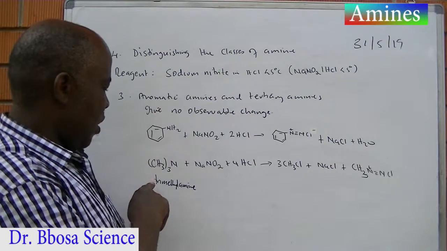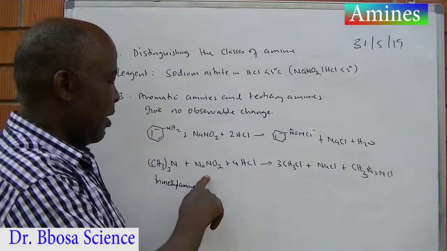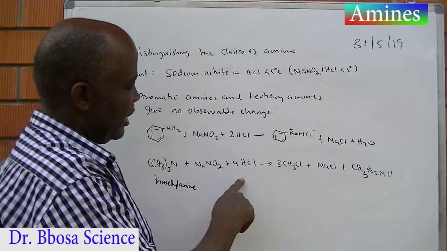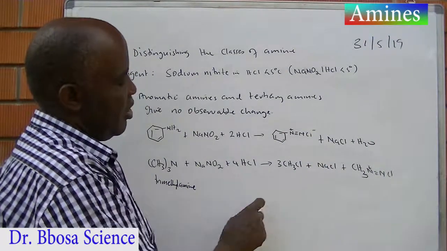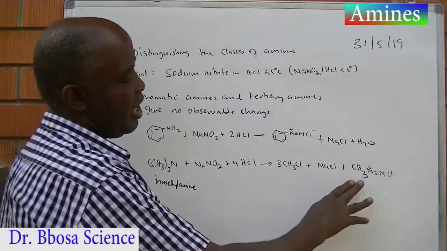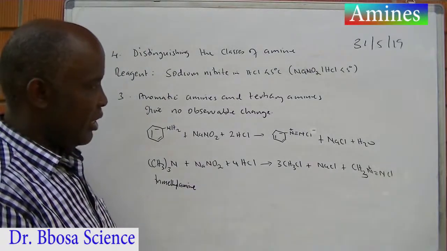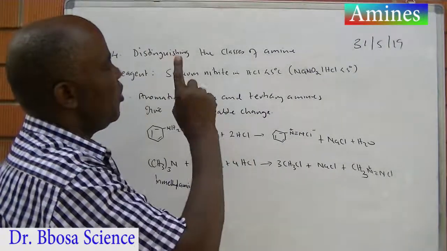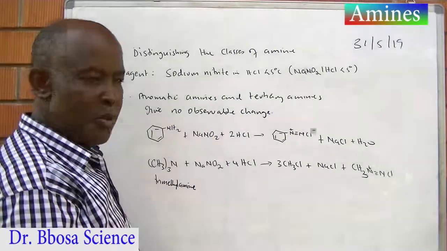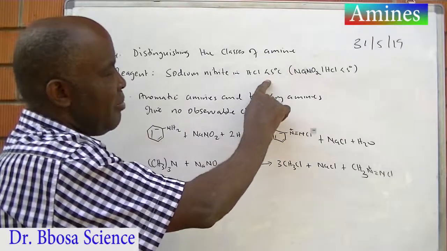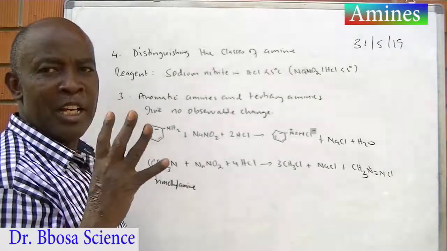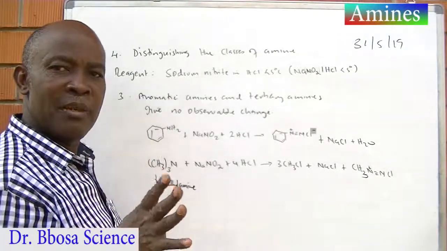Similarly, trimethylamine reacts with sodium nitrite plus HCl to form methyl chloride plus sodium chloride plus methyl diazonium chloride. Remember, the reagent is sodium nitrite, not sodium nitrate. Secondly, the temperature must be below 5. At a temperature above 5, all the 3 classes of amine will give the same